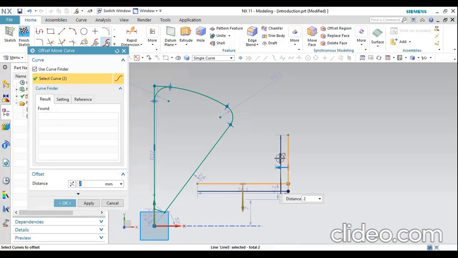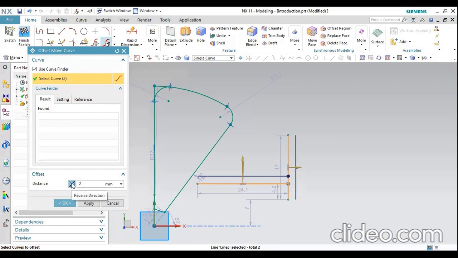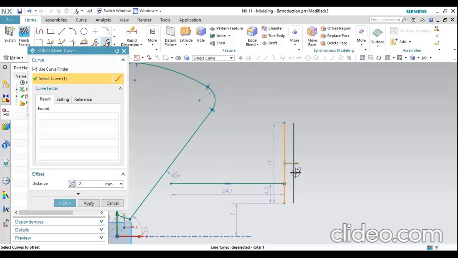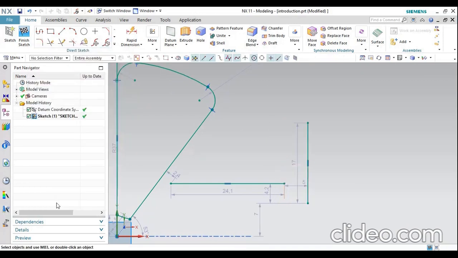This curve will be offset by 2 mm, that means a distance or copy of the curve. For example, I want to select this curve. Actually, I would like to offset from here to here, so it's a distance of 2.5. Then click OK. The curve will be moved from here to here.